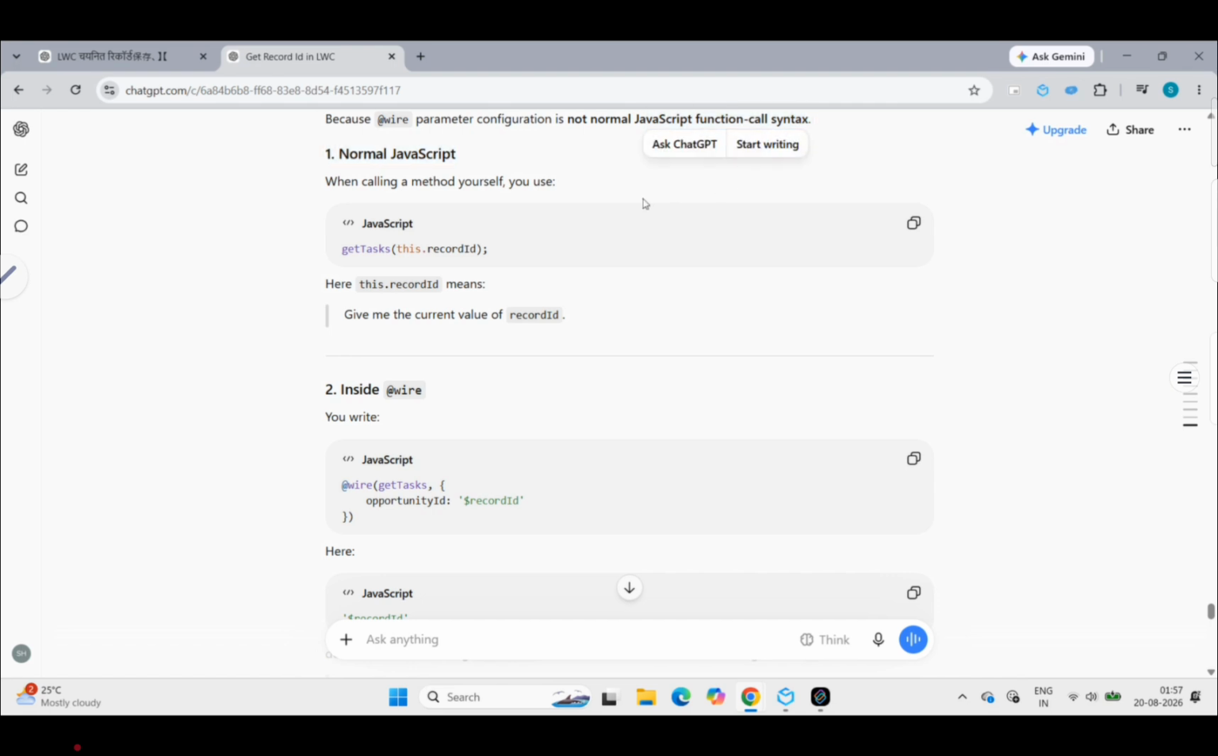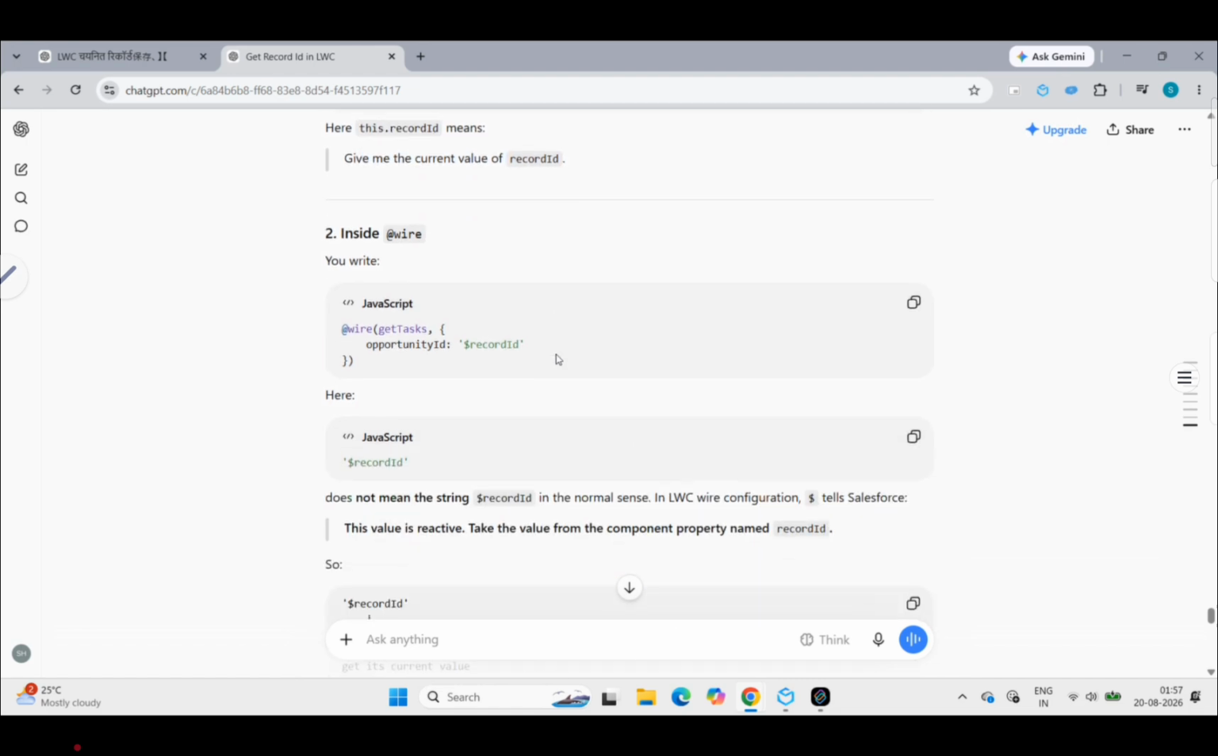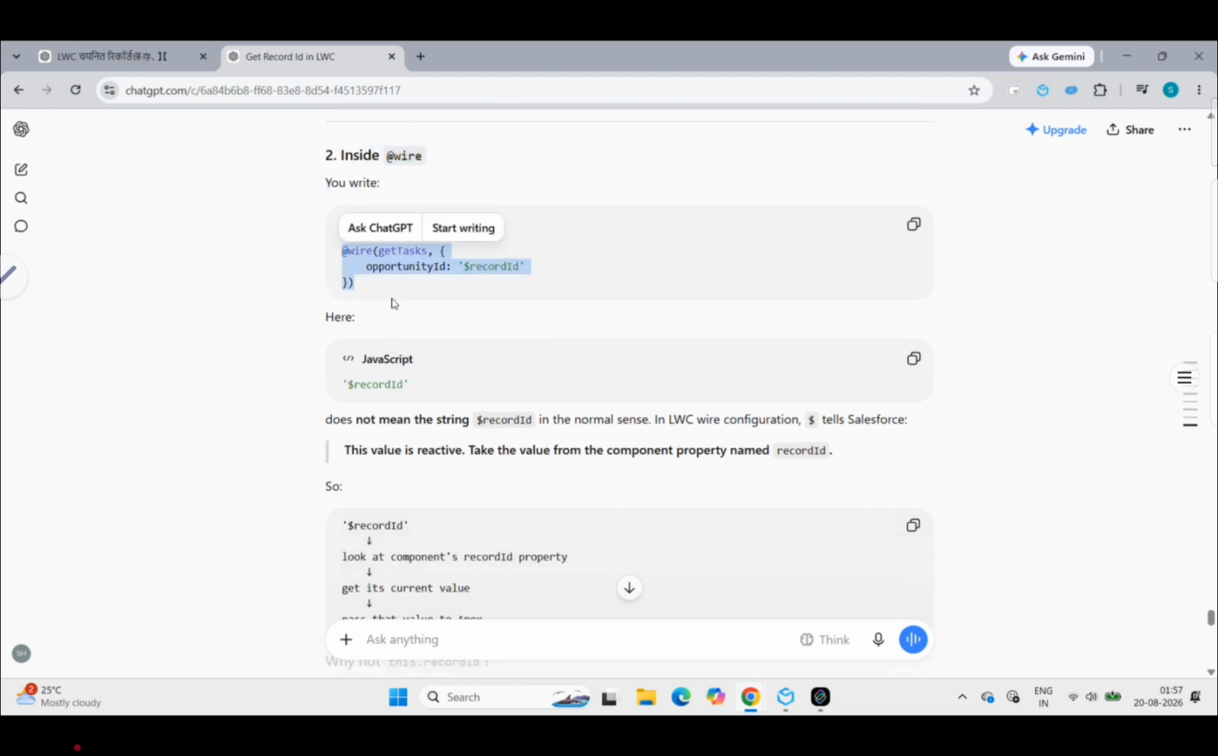यह normal JS की फाइल नहीं है, ये बोलना चाहता है। When you are calling the normal function, जब कॉल करते हैं तो this.recordId डाल देते हैं। ये given the current value जो है recordId की वो दे देते हैं। लेकिन inside of the wire you write it this way: @wire लगाएंगे, function का नाम लिखेंगे और JSON के format में parameter और parameter की value को देंगे। यहाँ dollar का use करेंगे। It does not mean that the string; जैसे एक square bracket के अंदर है तो ये string का मतलब नहीं हुआ।